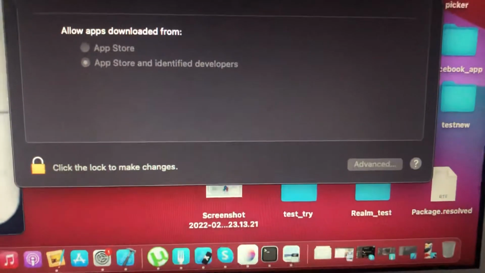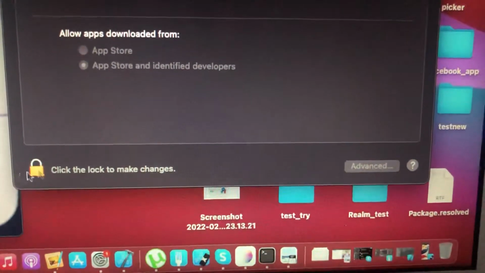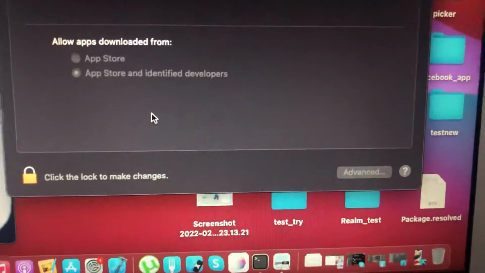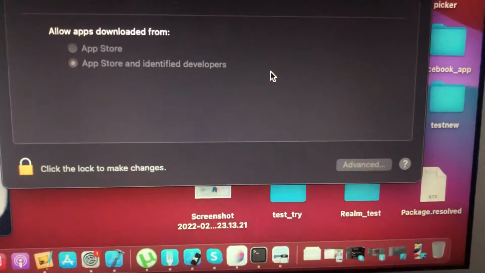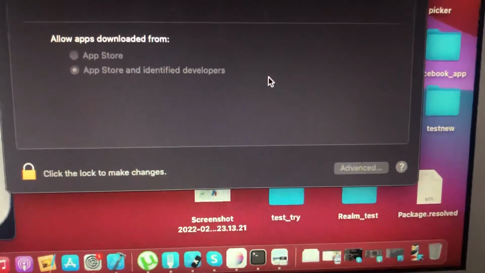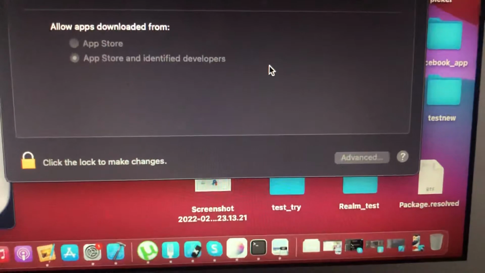Just tap on open. Also it could require your password. You just need to enter your password and just tap on open and it will successfully allow this application for